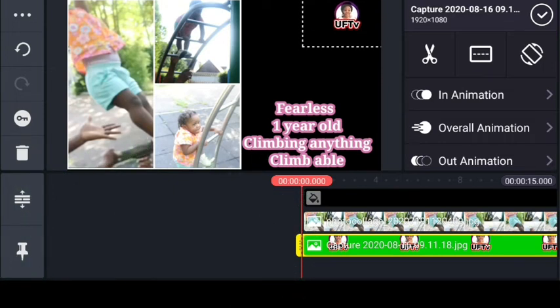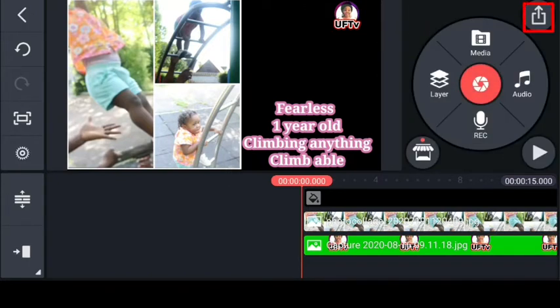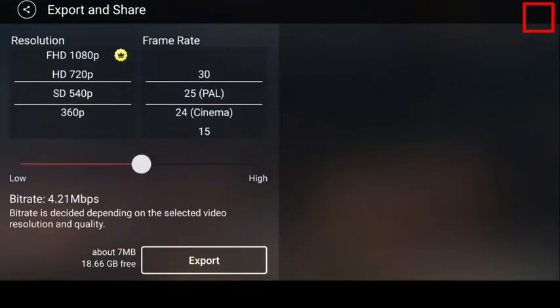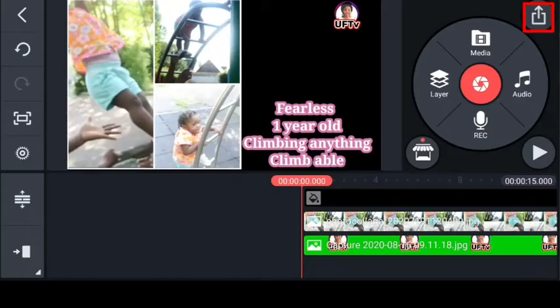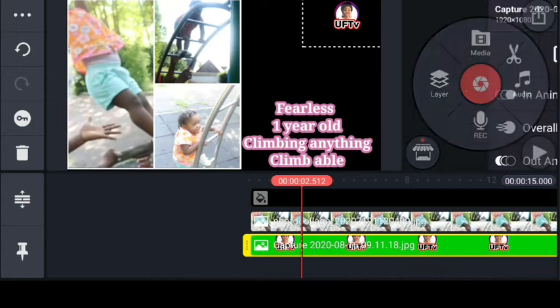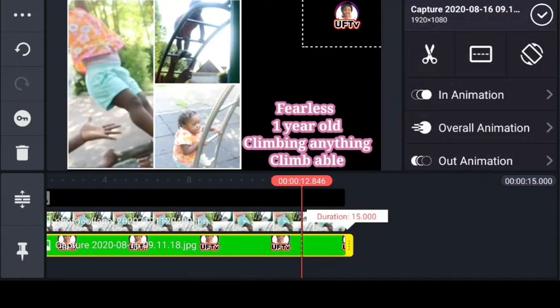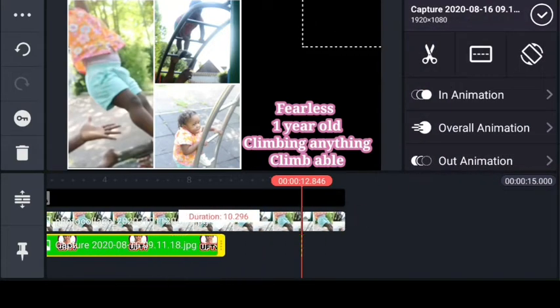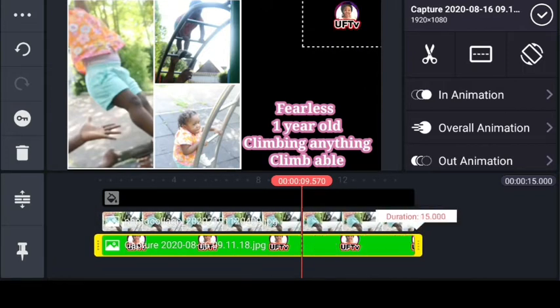That's it. So once you have it done the way you want it, you want to export this project by clicking on export and export it. Once you have it exported, then you'll be able to